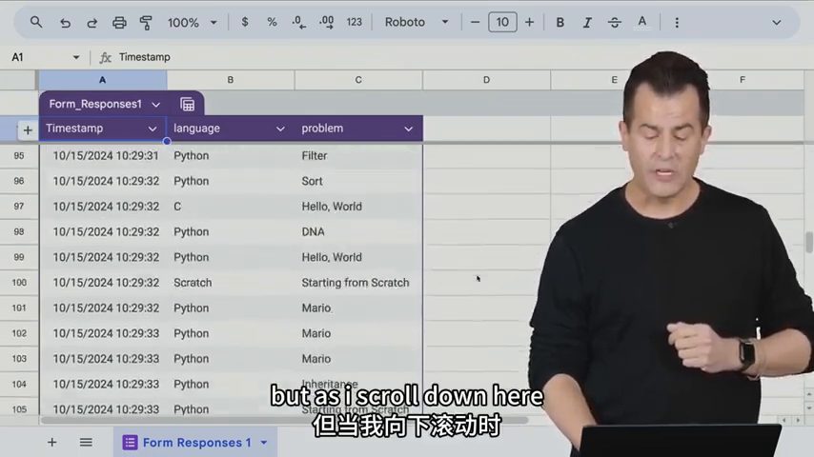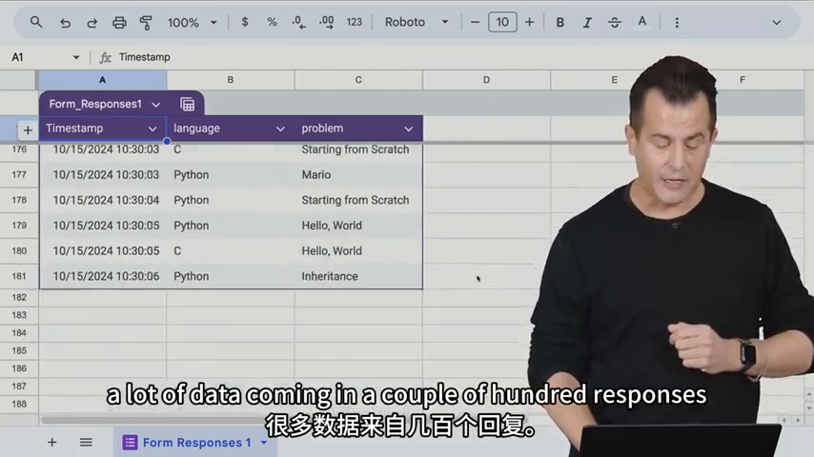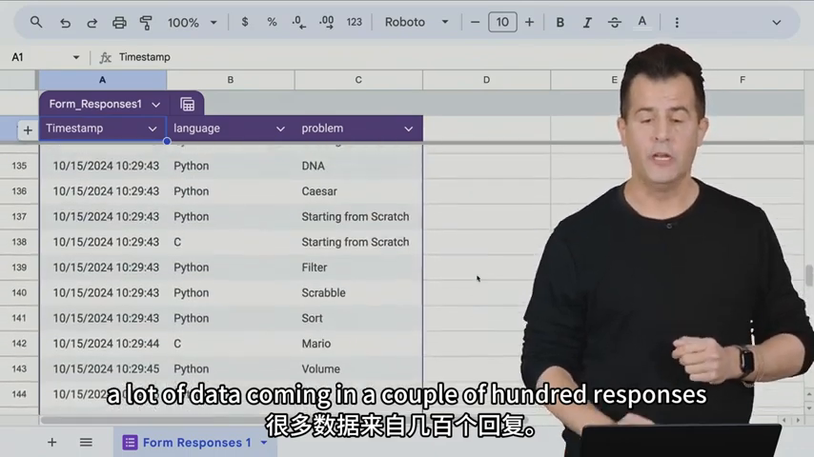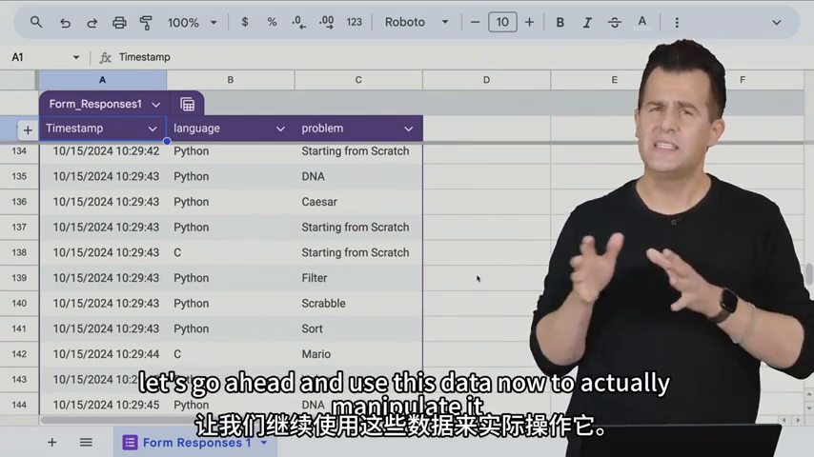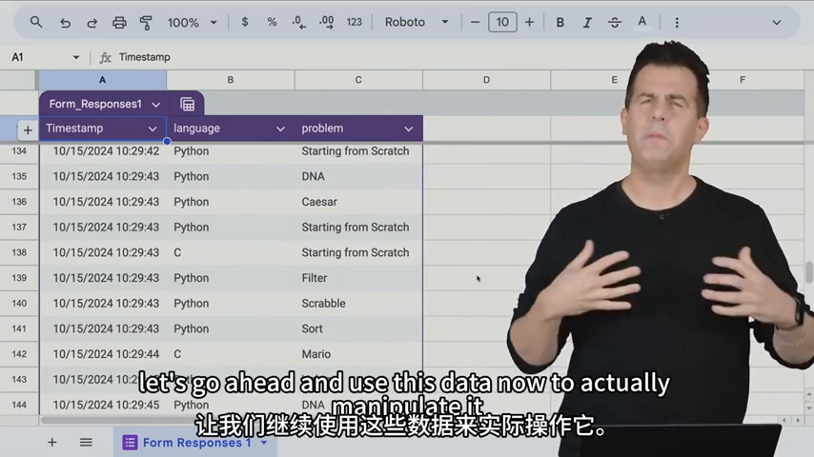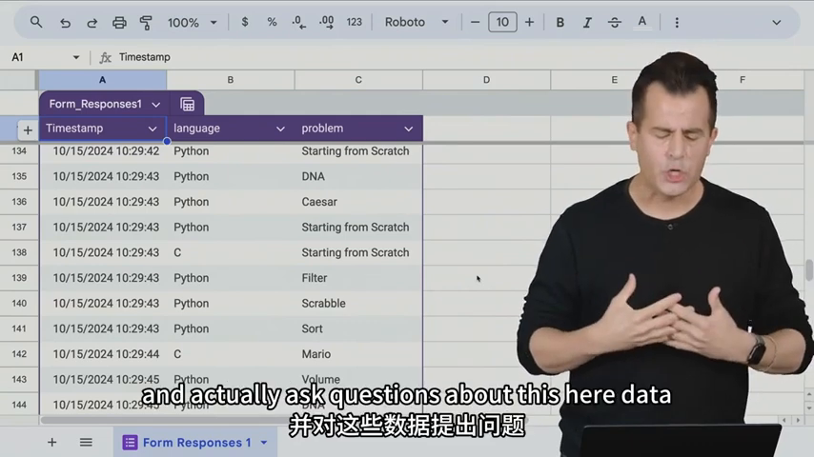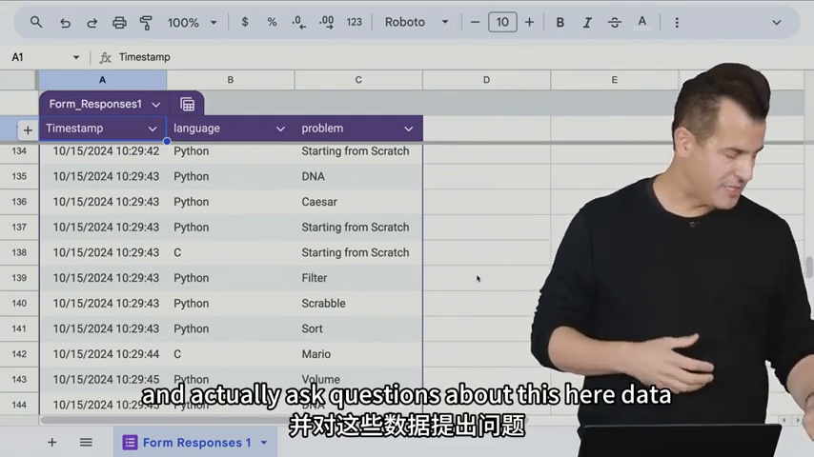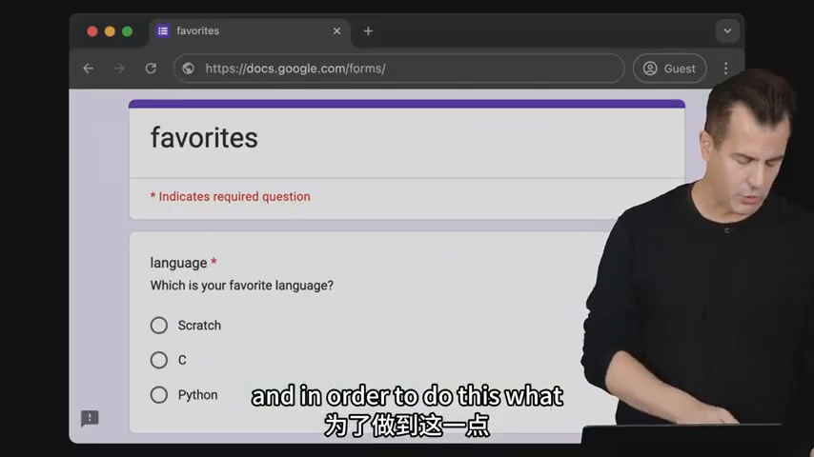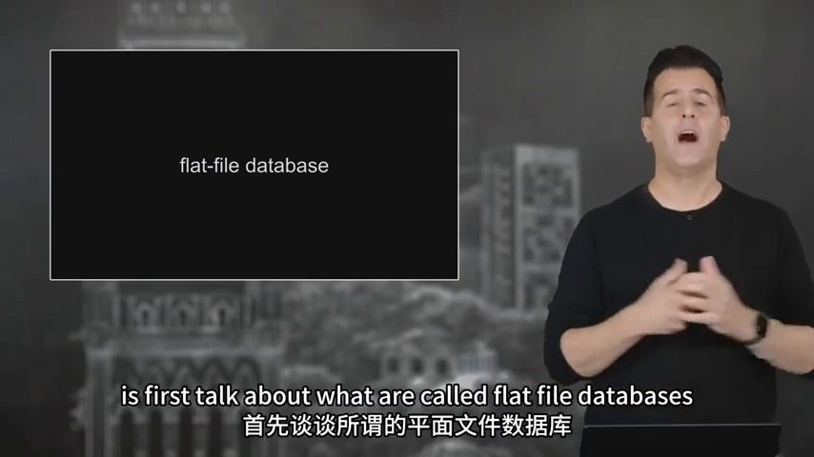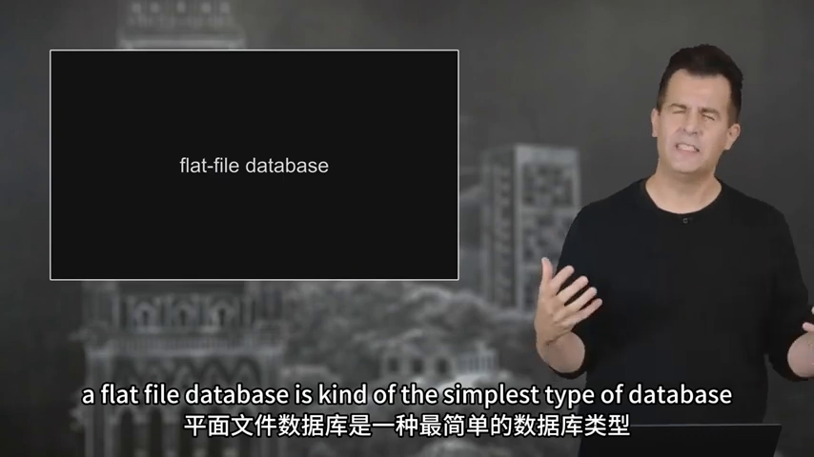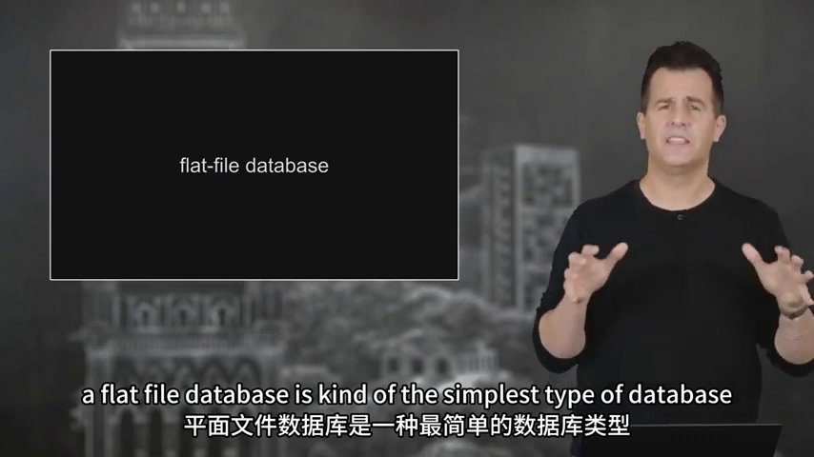But as I scroll down here, you'll see there's a lot of data coming in, a couple of hundred responses already. And so let's go ahead and use this data now to actually manipulate it, to search it, to sort it, and actually ask questions about this here data. And in order to do this, what I think we're going to do is first talk about what are called flat file databases. A flat file database is kind of the simplest type of database in the world,